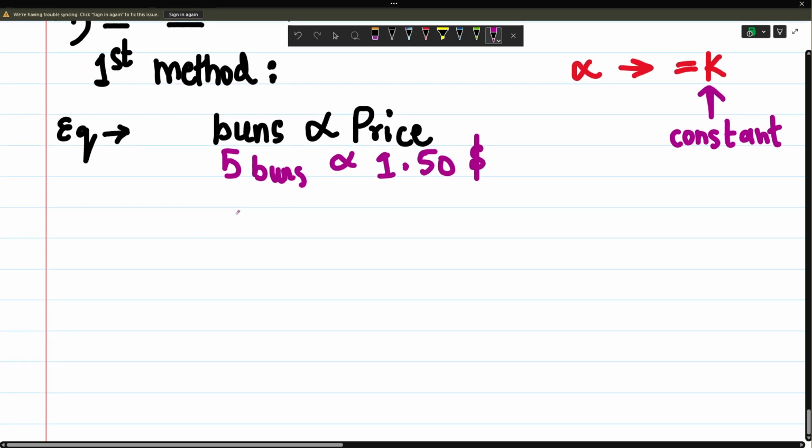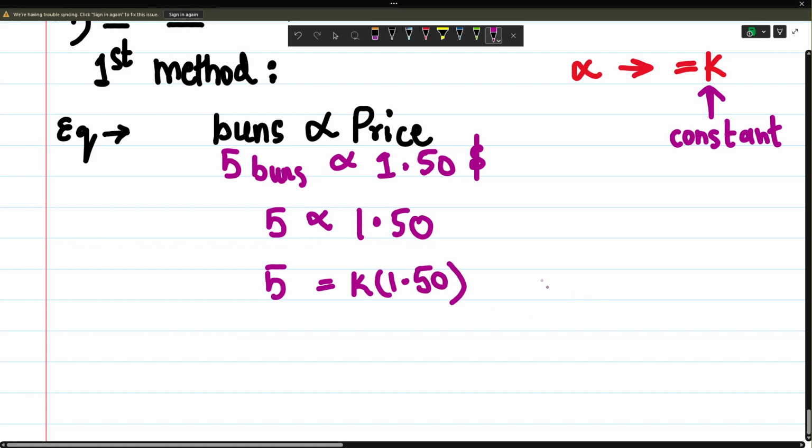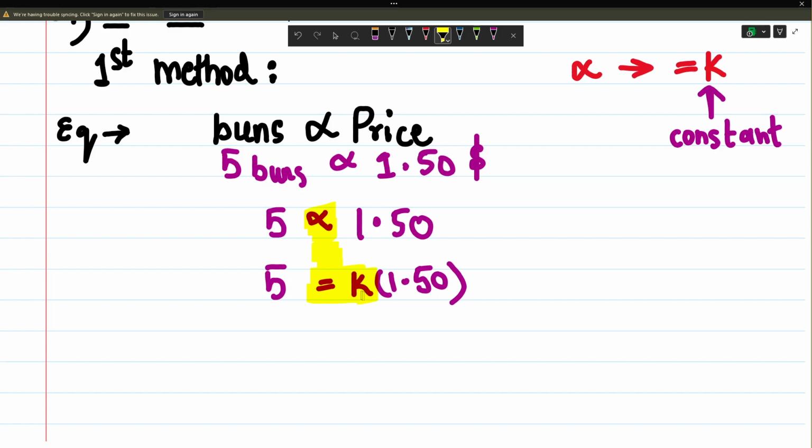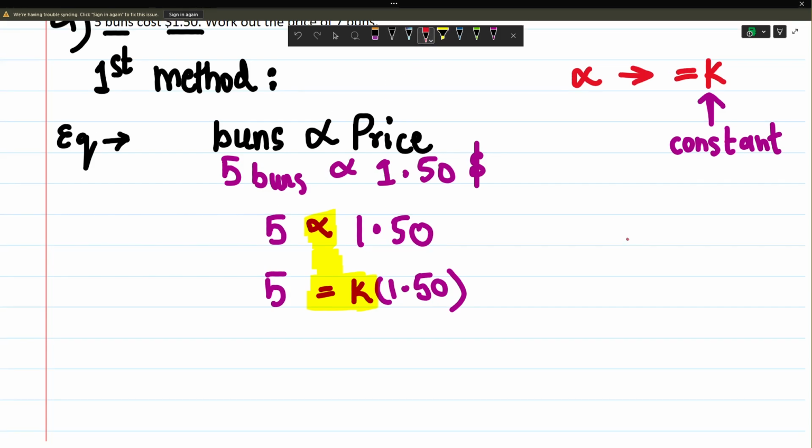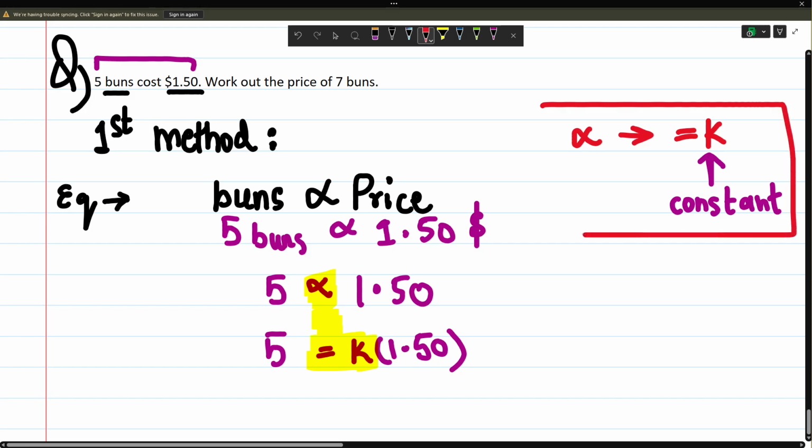अब देखें, इसमें मैं इसको यूँ लिख सकता हूँ, सारी बाकी चीज़ें हटा के 5 is directly proportional to 1.50. This will become 5 equals to k times 150. सही है. हाउ डिड दिस k कम? हमने प्रोपोर्शनलिटी का साइन हटाया. So in place of the proportionality sign we put equals to k, as I have explained you over here कि आप इसको यूँ replace कर सकते हैं.